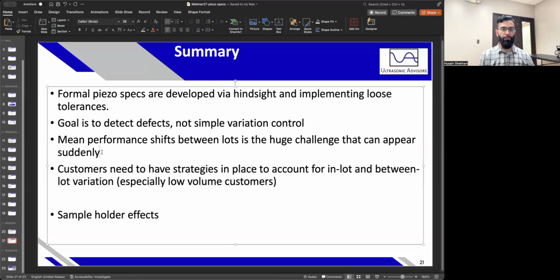I've seen it happen with customers in multiple instances, but I can't speak for all piezo ceramic users everywhere, or every device, especially really high volume elements. There's likely much more control and even dedication of the vendor to provide consistent product, because they have the volume to tune processes, to understand where variation is coming from, and to hone in on their process. So customers typically need to have strategies in place to account for in-lot and between-lot variation, especially for low volume